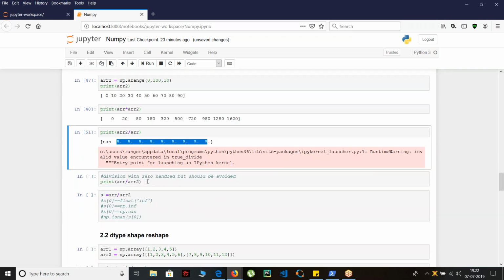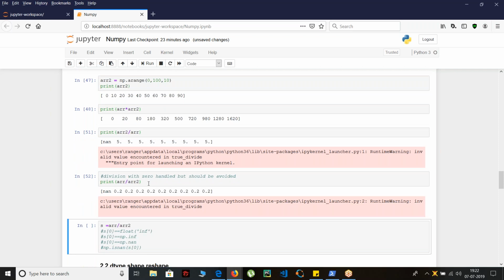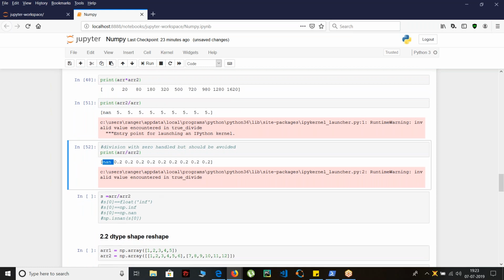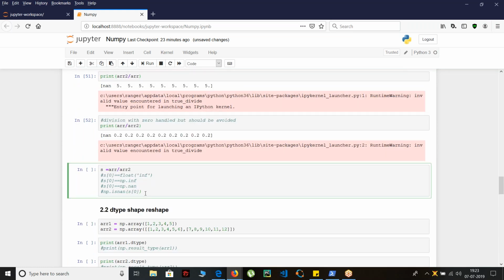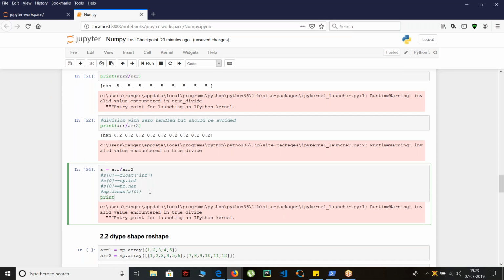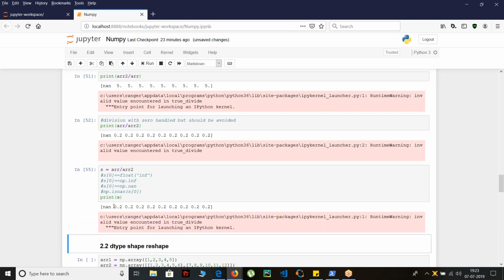So now we can also check this again. We can divide the arrays the other way as well, and we got the answer again as that. Now here I am giving that output to a new variable named s. So I'm saving that output to a variable s, and I'll print that variable s. So this is what my output is. Now, if I want to check which element is NaN, this is one of the ways which I can use. But if we look into it,